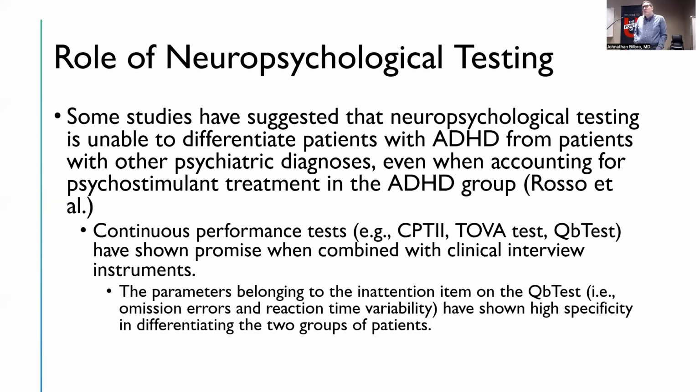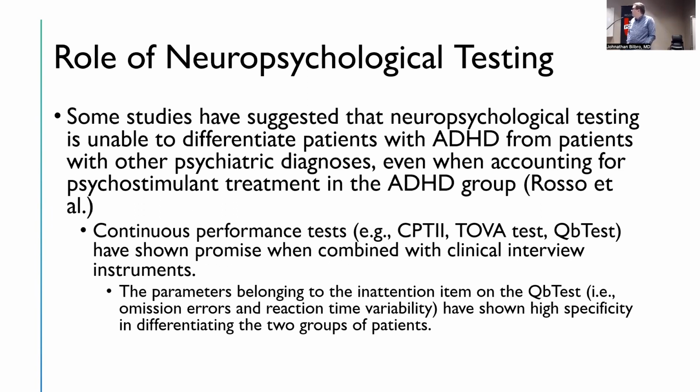Because the thought might be, well, ADHD patients who are treated are going to seem more like maybe some normal patients, right? Quote unquote normal patients. And even when you remove those, it still doesn't do a great job of distinguishing between the groups. The measures that have been the most promising in these cases have been the continuous performance tests. So I mentioned the TOVA earlier, but there's also the Connors Continuous Performance Task 2 and something called the QB